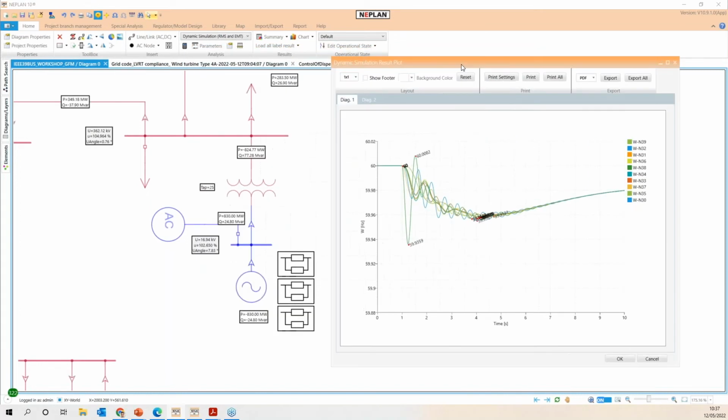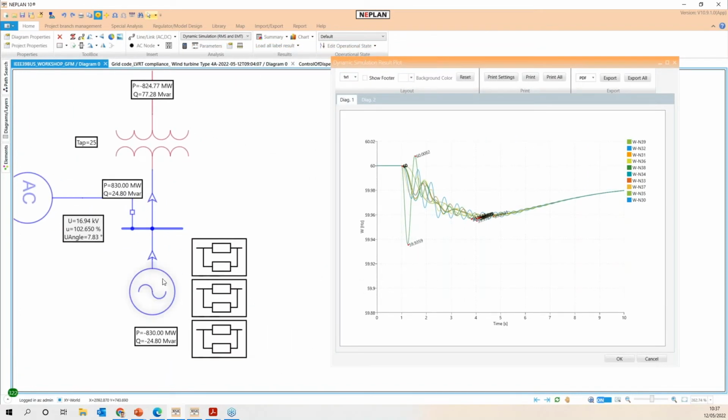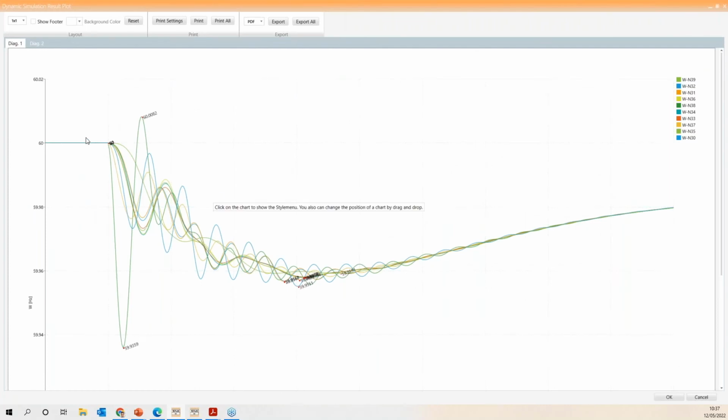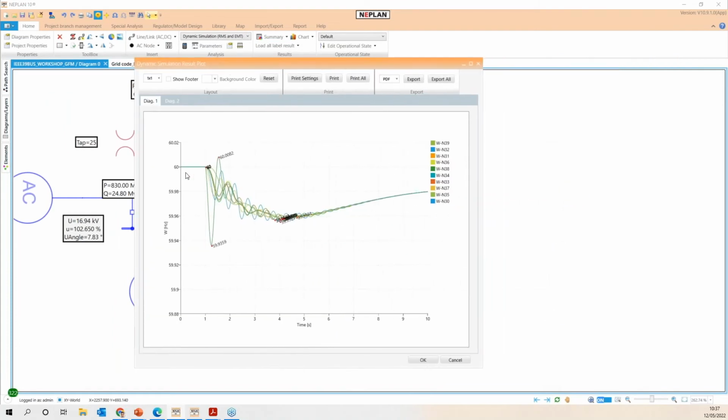We can see the impact on a generation system based on synchronous generation, and the behavior of the frequency that has been affected by the event, by the disturbance. We can see that the control system can support the frequency stabilization, and the time that the frequency stabilization takes is part of the specification of the grid codes.